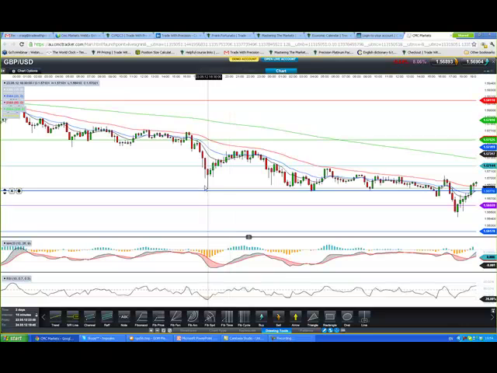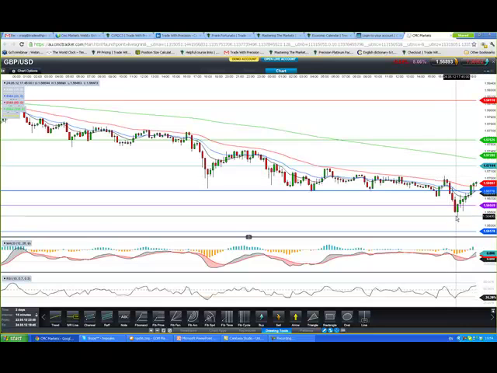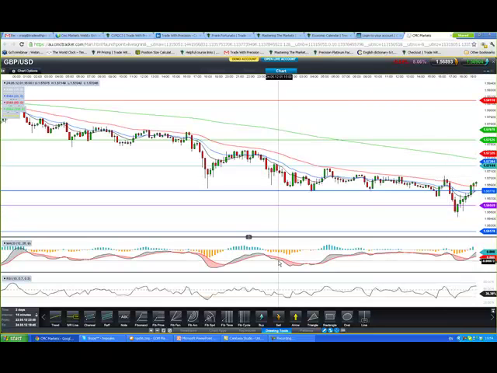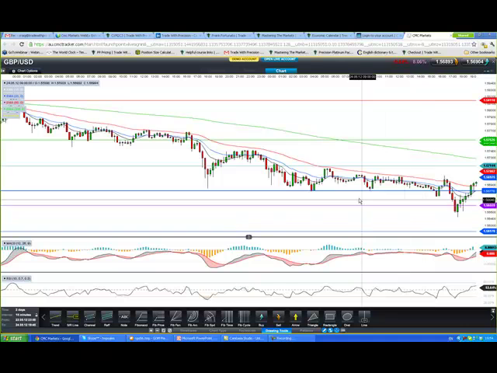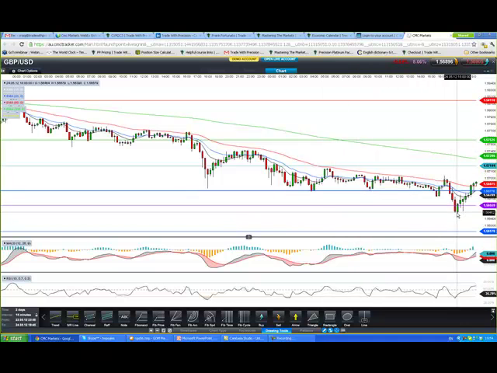So you can see, touch here, tried there, touch there, touch there, touch there, breakdown, retest, boom, good breakdown this time. Problem is, I mean, look, this is one of the trades that I was hoping would set up for us. I mean, this is great. You've got a nice level of support here. When price breaks down through support, quite often it can test and reverse and confirm the break.